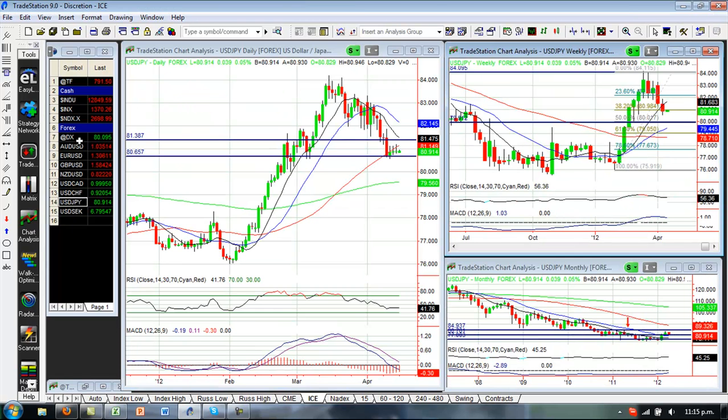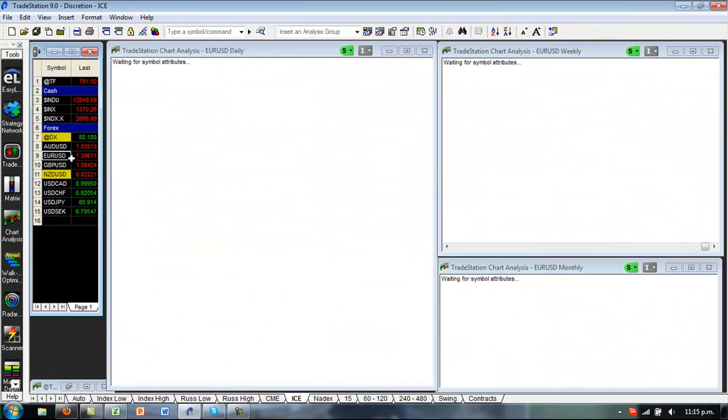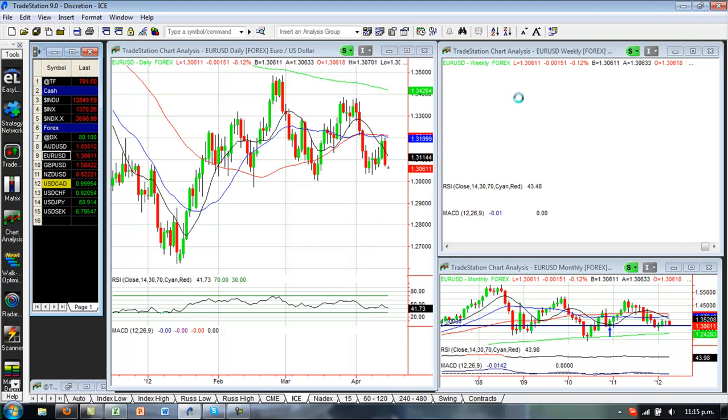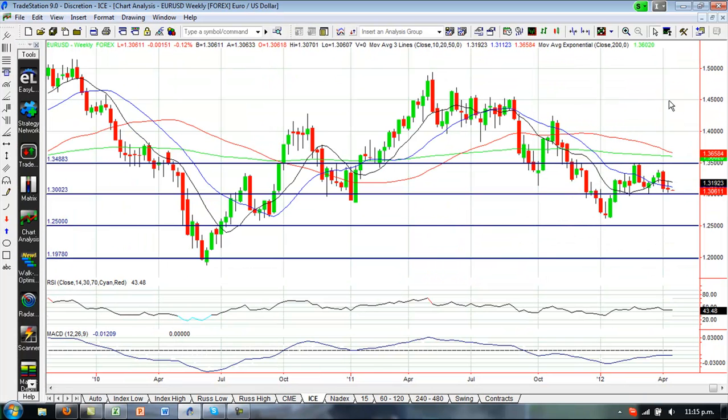So bear that in mind, and also let's have a look at euro dollar, because euro dollar at the moment is also one of these range bound currency pairs. But when we look at this on a weekly chart, what you'll see here is that euro dollar is in a downward trend, with these bigger lower highs and lower lows. It's got into a short-term period of consolidation.